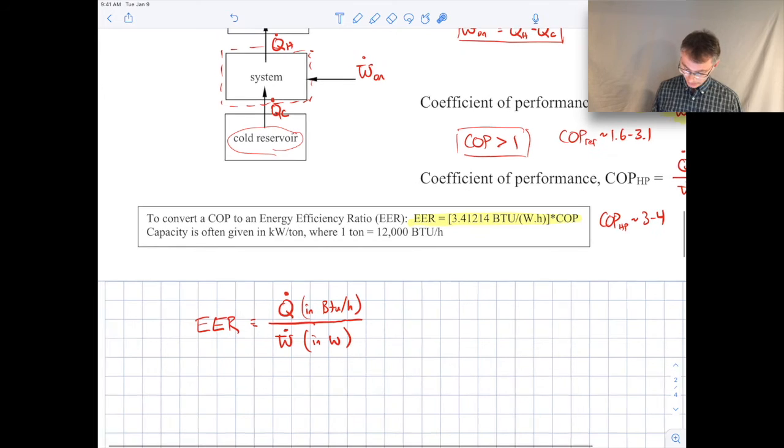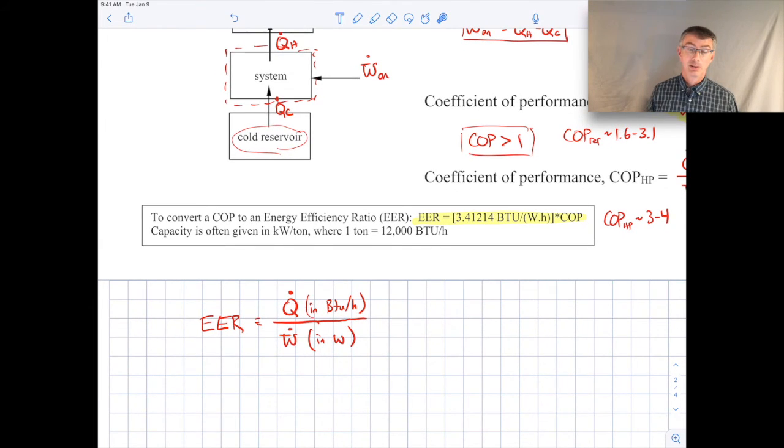Now, when you deal with air conditioners, often those are talked about in terms of capacity. So they'll talk about a 4-ton capacity air conditioner or a 1-ton capacity air conditioner. This one's also an awful type of unit. So capacity is given in kilowatt per ton, where 1 ton is 12,000 BTUs per hour. So it's kind of like kilowatts like your power, and the ton would be like the heat transfer, BTUs per hour, except 1 ton is 12,000 BTUs. Now the ton here